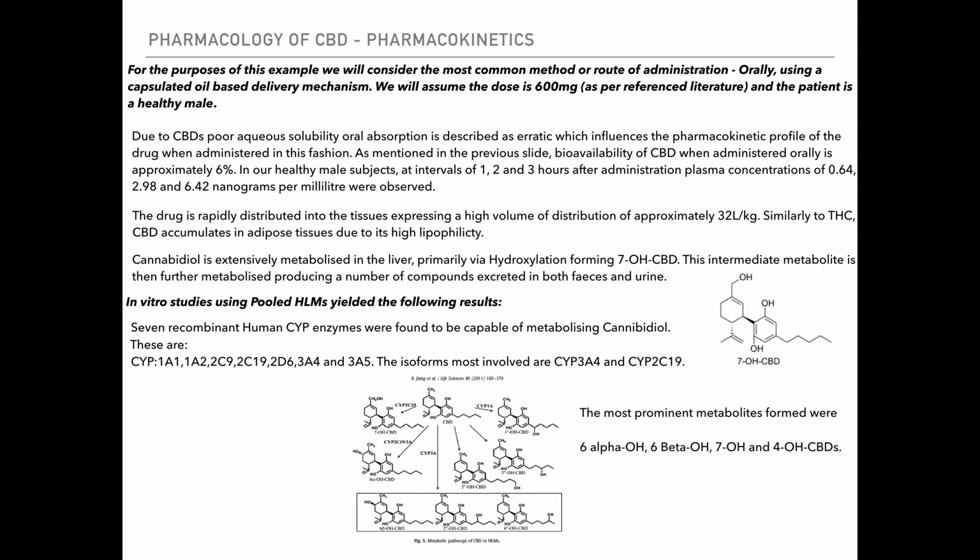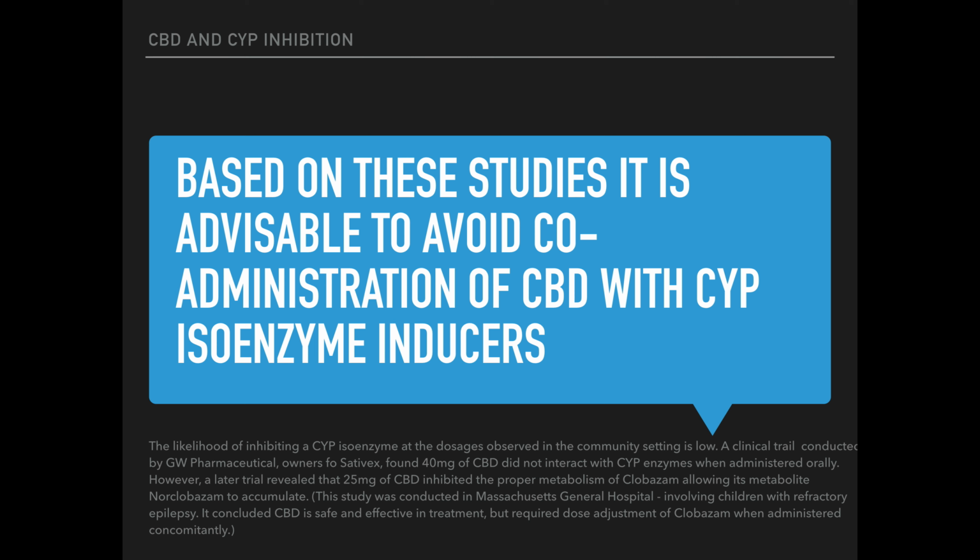and CYP2C19. Now, 2D6, 2C9, 1A2 and 1A1 are also involved in metabolizing CBD from its pure form. However, as I mentioned, 3A4 and 2C19 are the most prominent isoenzymes involved. Therefore, it is worth mentioning that if you are dispensing medication to a patient who is also asking for CBD, and that medication is metabolized via a cytochrome P450 enzyme, please just go and check, because the advice that I'm giving, based on the research I've given, is that it's advisable to avoid co-administration of CBD with